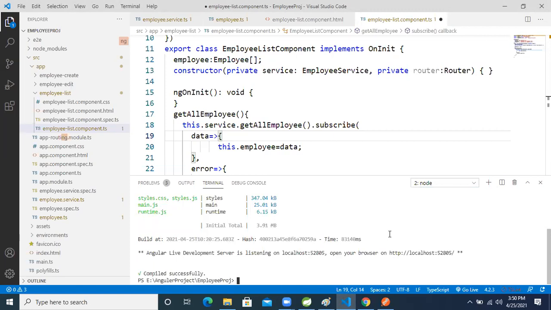I'm stopping this one also, both, because our application is already running. So now again I'm going to run this application, guys. Be patient. Now ng serve --open.